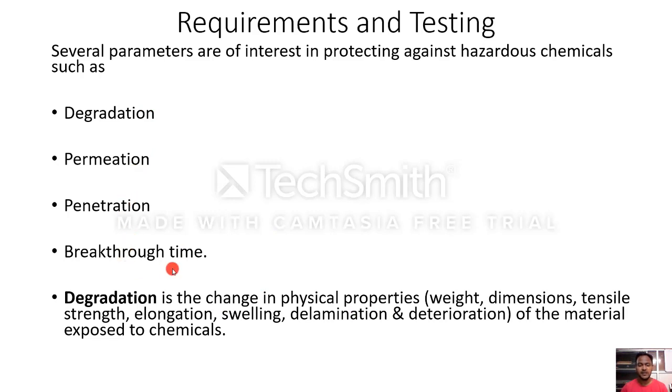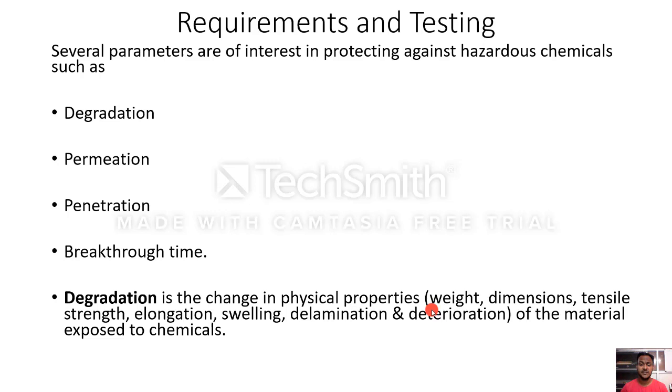What is meant by degradation? Degradation is the change in the physical properties such as weight, dimensions, tensile strength, elongation, swelling, delamination and deterioration of the material exposed to chemical. After the garment is made, the garment should be strong enough to protect itself from the chemical attack. It should not degrade with the exposure to chemicals. It should not affect the weight or the dimensions or the tensile strength or the elongation, meaning the physical properties